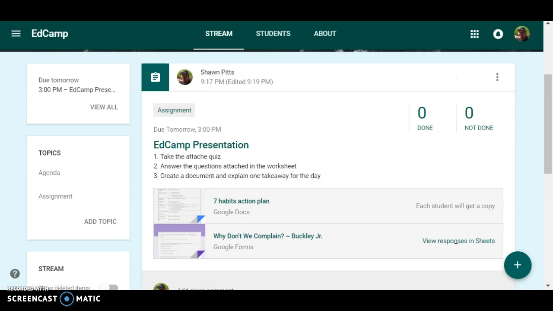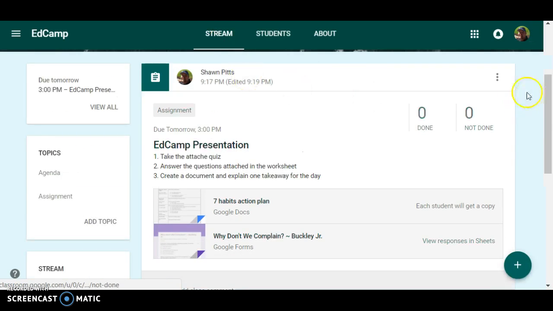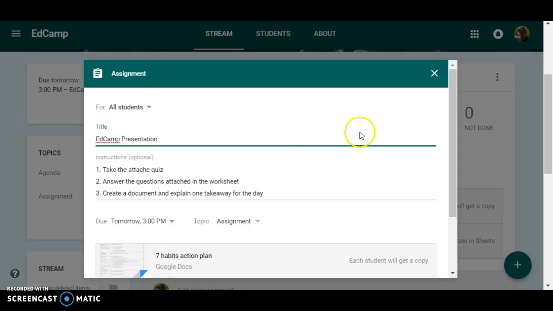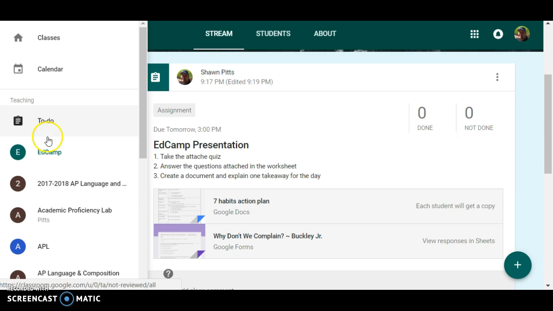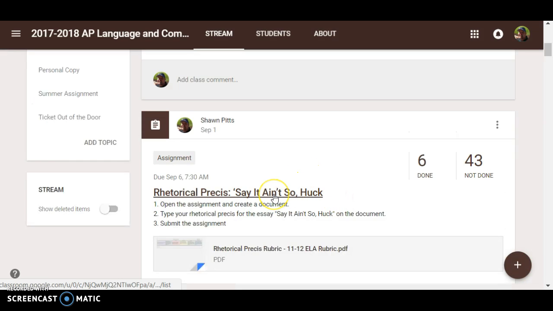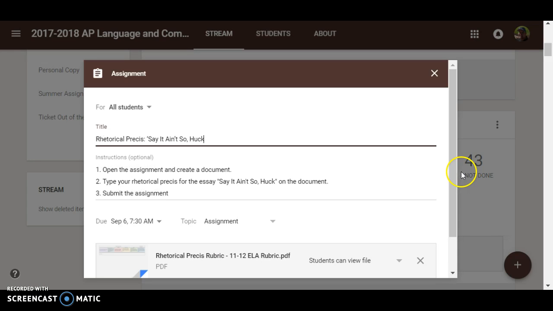So one more thing that I want to show you is how you can personalize assignments. You're going to notice, because this is just a playground site, I do not have any students enrolled in this class right now. So if I go back here and I look at the assignment as I was creating it, my only option is for all students, because I don't have any students in here. But I would like to show you, if I go to another class where I've created assignments, if I go here and I edit this assignment, you are going to see